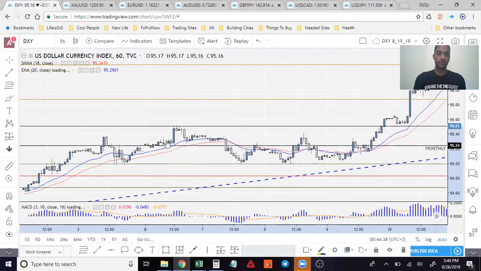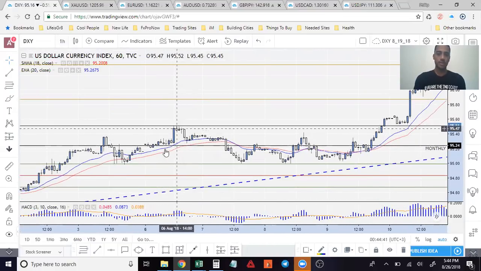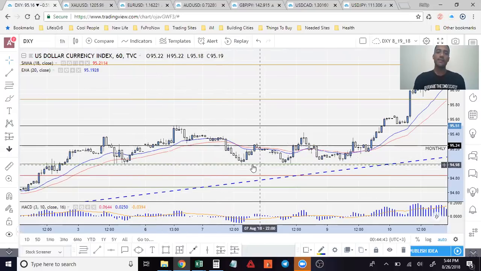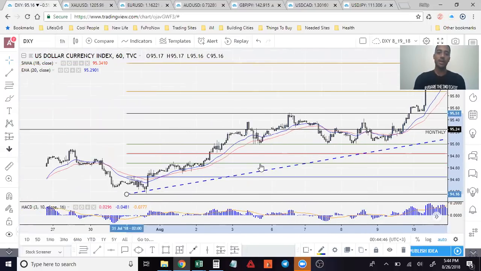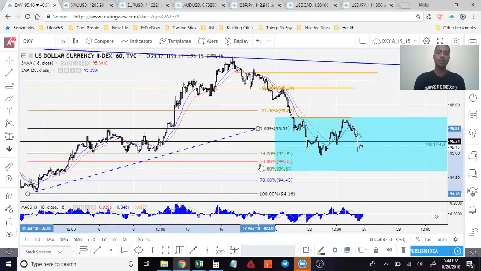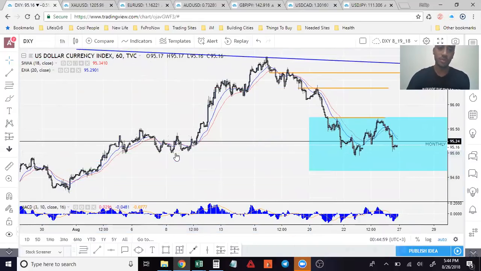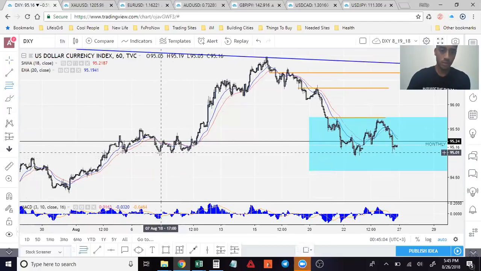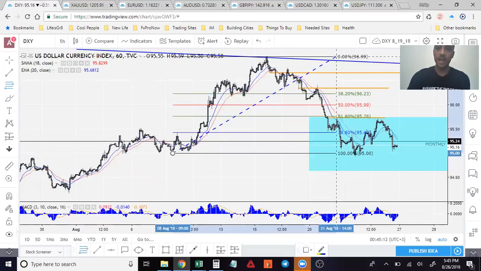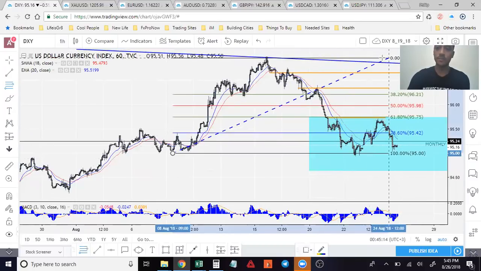So yeah, this is 100%. This is 38.2 over here. So if anything, I think this did create a lower high, I mean a higher low from point A to point B. It did get to that area. So this is where fibs should be placed right here. This is definitely where fibs should be placed. So point A, this is the same level right here. So if anything, I'll place it from here, the top up there, and as we can see,